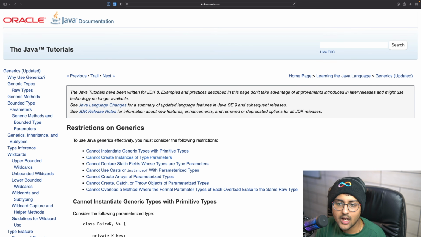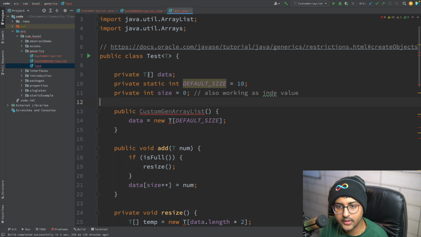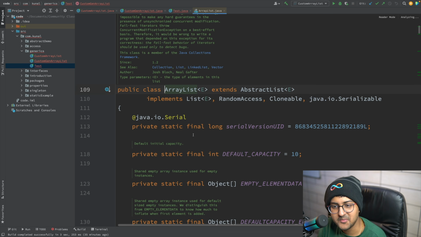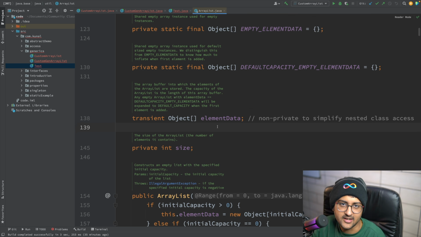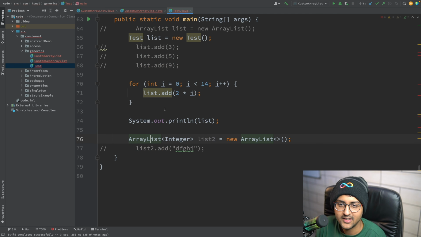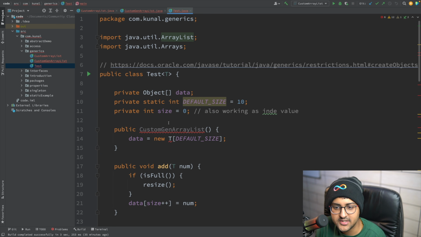So let's see how we can then do it. I'm going to be utilizing the Object class, and let's see how we can make this work. Instead of doing it like this, I'm going to say this is an object type. How did I get this idea? I checked the internal implementation of ArrayList. They're also using the object type, because Object is like the biggest, the class that is inherited by all the other classes. I told you this before. So I'm going to have it as an object type.